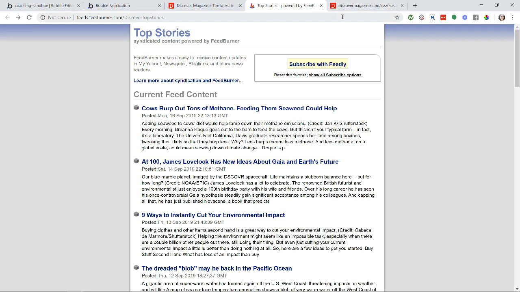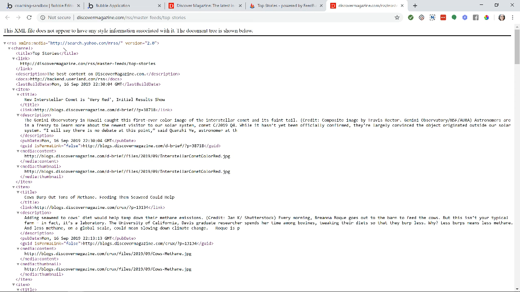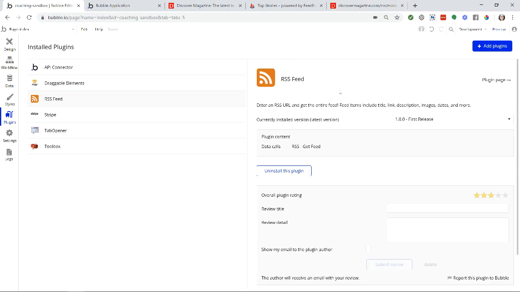And if you were to go to the raw RSS URL, you're going to see the content something like this, because essentially what it is is just an XML file of text. And obviously there's a lot of tags and stuff here. It doesn't make it very easy to read. So that's why feed readers exist, and that's why we have this plugin here, so that if you do want to display your RSS content in your application, you have the power to pull in the data, but then Bubble will let you design that list of content however you'd like,